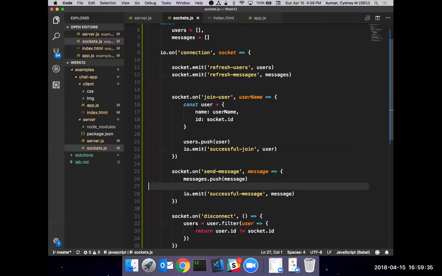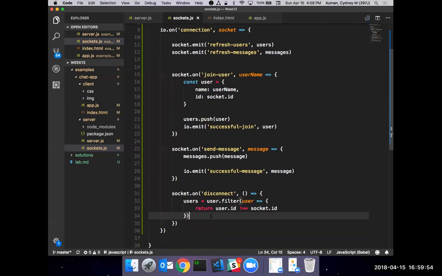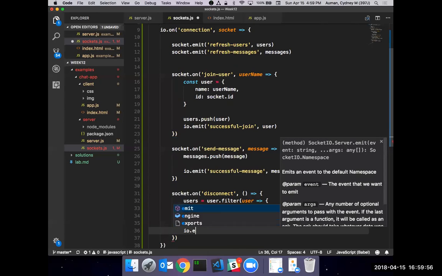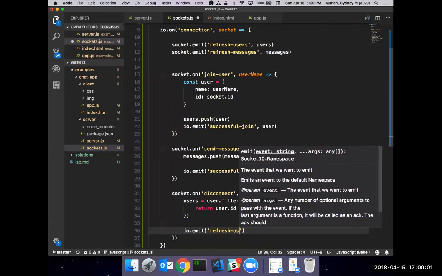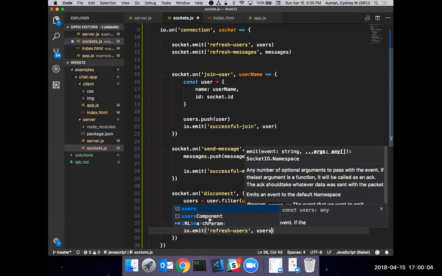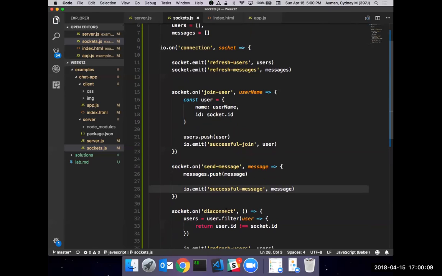So I'm basically creating this new array, or I should actually use strict equals for that. There we go. So I'm using filter to return a new array, and I'm going to take the person who fired the socket event with their socket ID, and take them out of the array with filter. And then I can emit an event that I've already created up here, which is called io.emit, and then we're going to refresh users. So we'll fire that event. Make sense? Does anybody have any problem with this line of code?